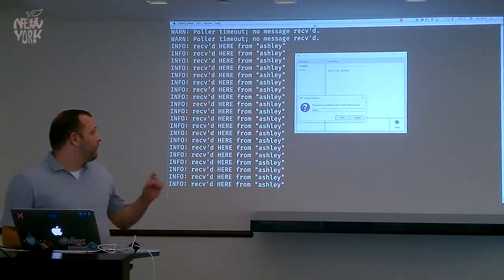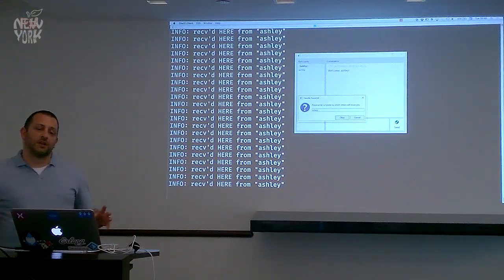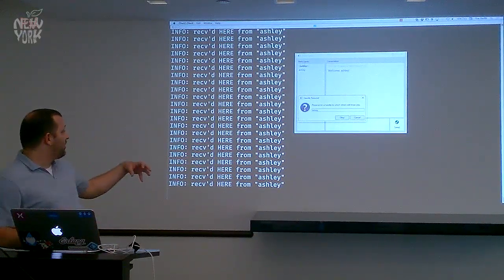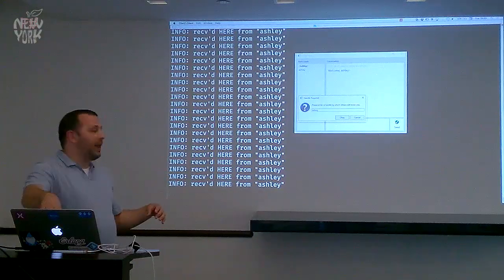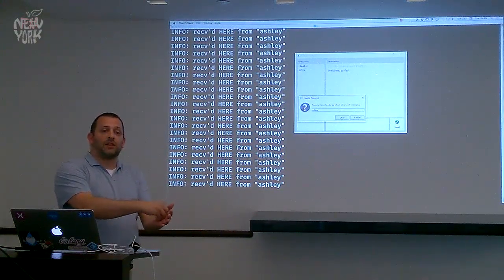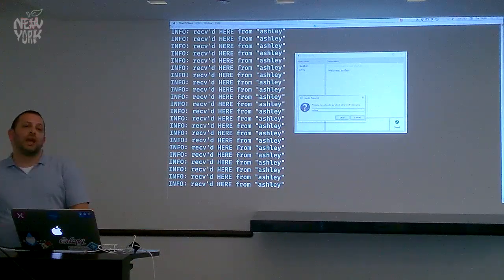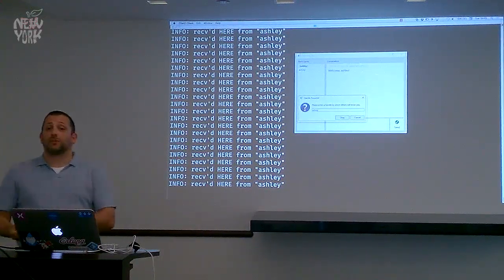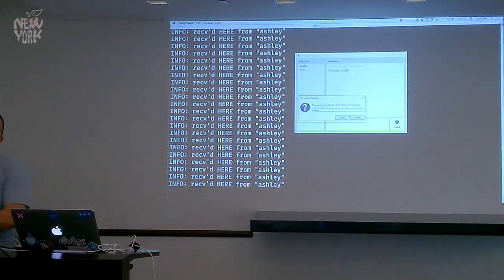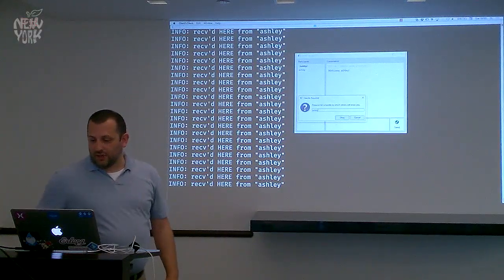There's a tunable feature in ZeroMQ. What I hadn't showed you yet, but I mentioned, is that we're using this handle that we enter to set the identity on our client dealer socket. There's a configurable flag in ZeroMQ to say, if you get messages from more than one socket with the same identity, treat it as a transfer. Consider the old socket dead and start transferring messages to the new socket. But by default, it's an error.